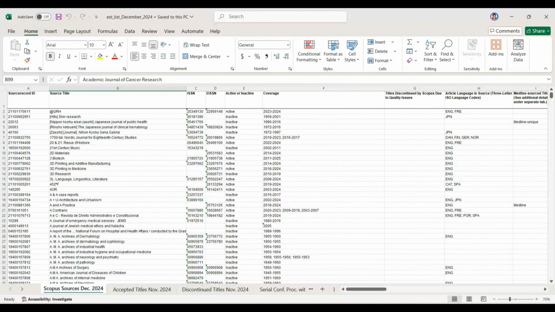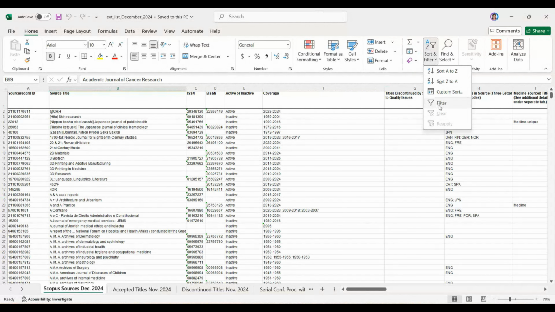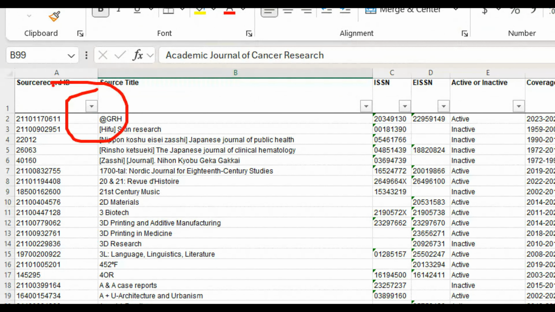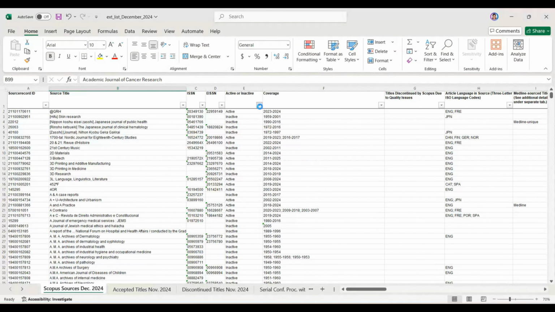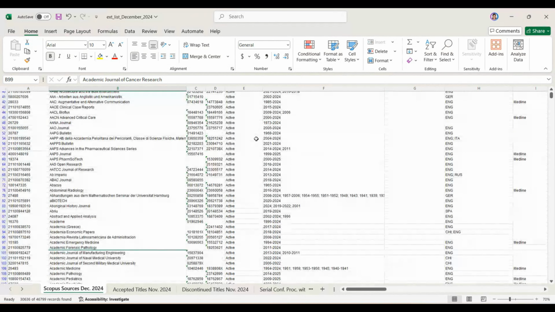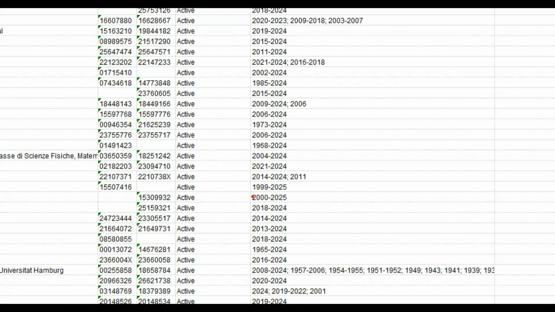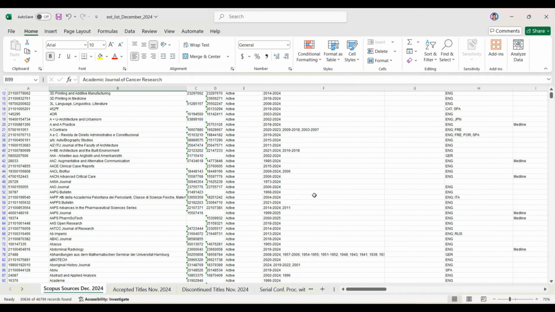How to filter? Just on the top you can see sort and filter. Click on this, and click this filter. Once you click this filter, you can see some dropdowns appearing here. In that, you can just go ahead and remove inactive and click OK. You can see only the active ones here, and you can also find until when they have been active. See, here it is, 2000 to 2025 they have been active, but these are active but they haven't extended it. So you have to wait for some more time, please. You can choose the 2025 ones. That will be great for you.